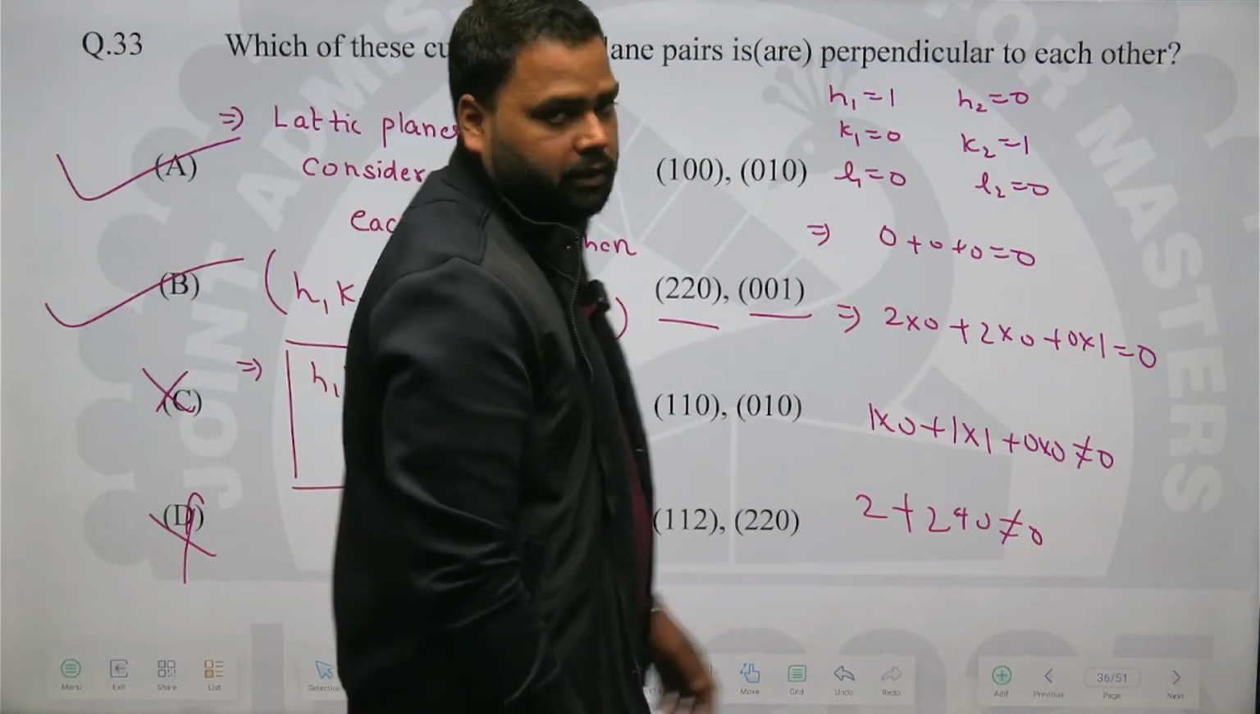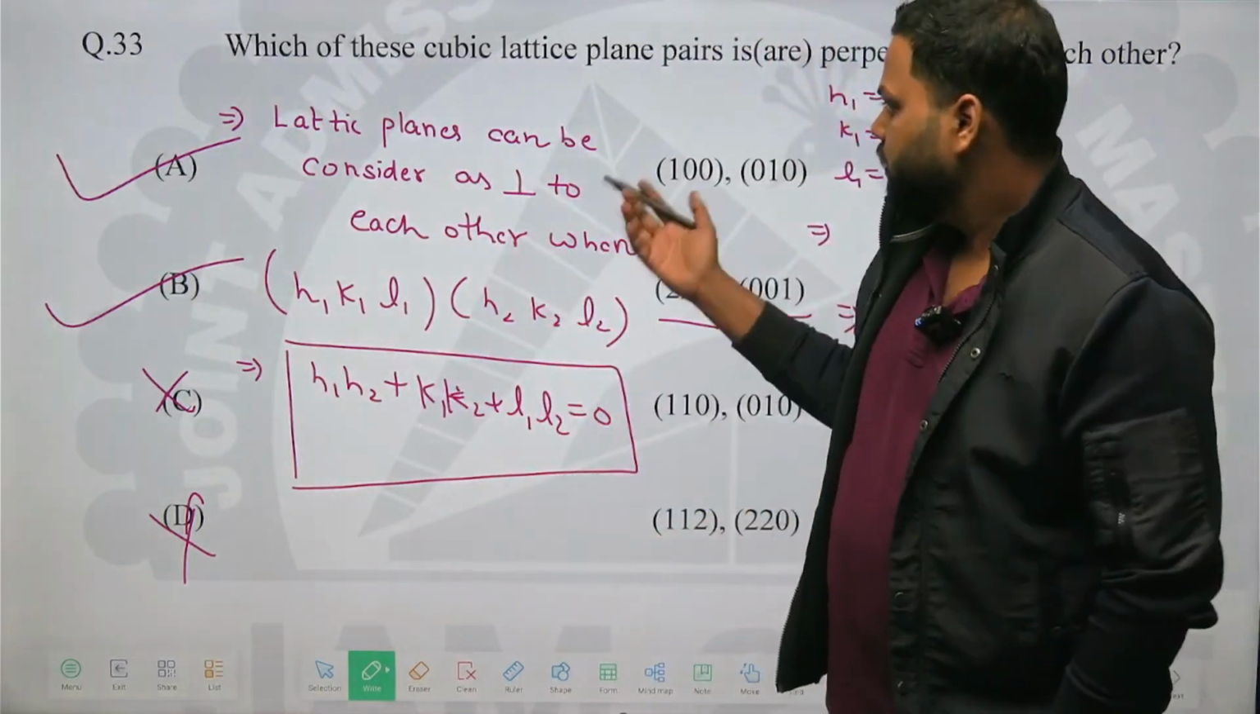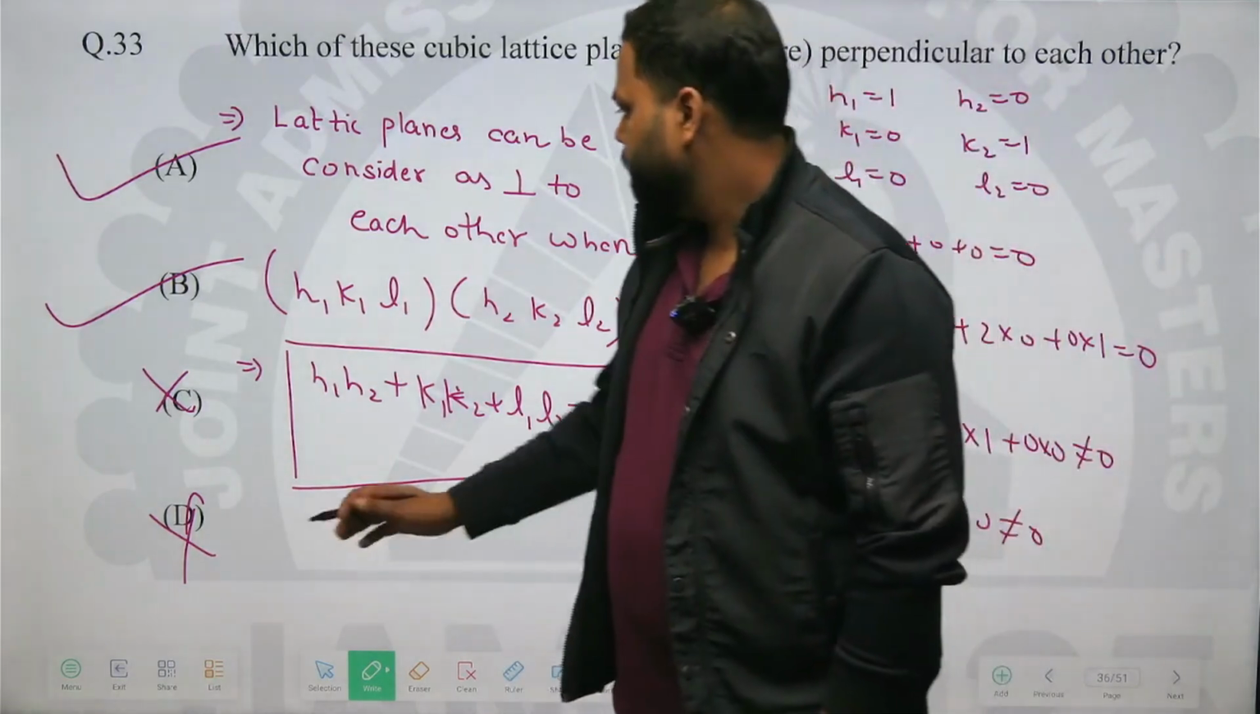So the correct options are option A and option B only. This is a multiple select question, and the two options, option A and option B, are